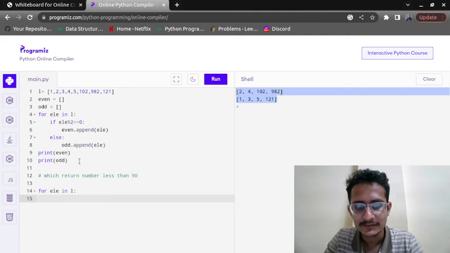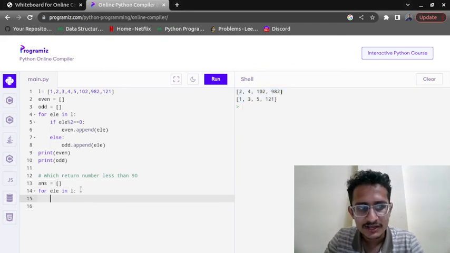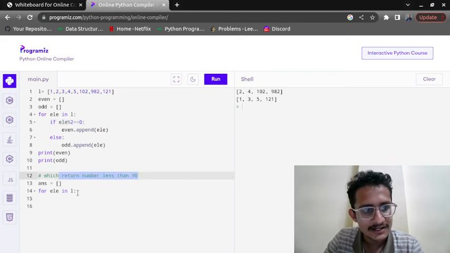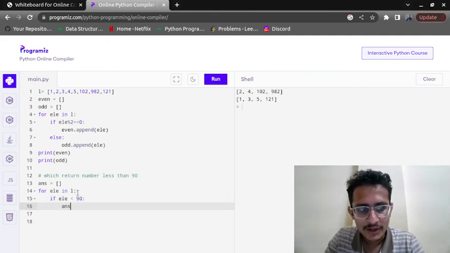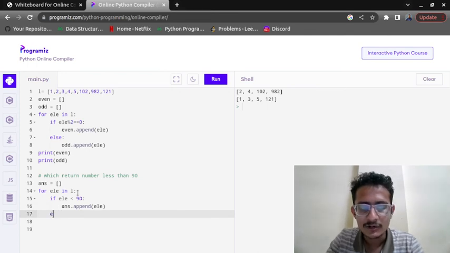So for element in the list, and here I am going to write an answer array which is empty initially. Here we have checked the even and odd condition, now we will use the condition less than n. If element is less than 90, I will add it to the answer list, so answer.append of that element. Else I will do nothing, so leave the else.